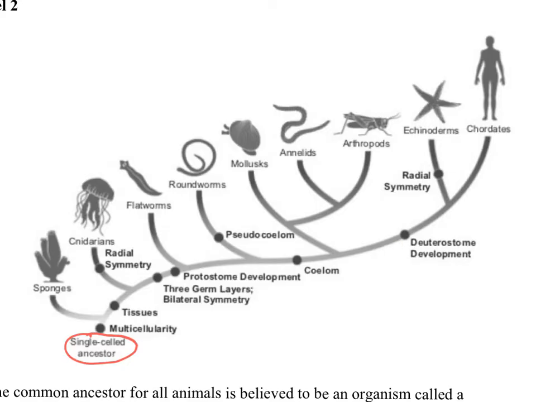Any of those can be used, or even radial symmetry, pseudocoelom, radial symmetry again. Any of these are going to be acceptable to use as a characteristic to create these